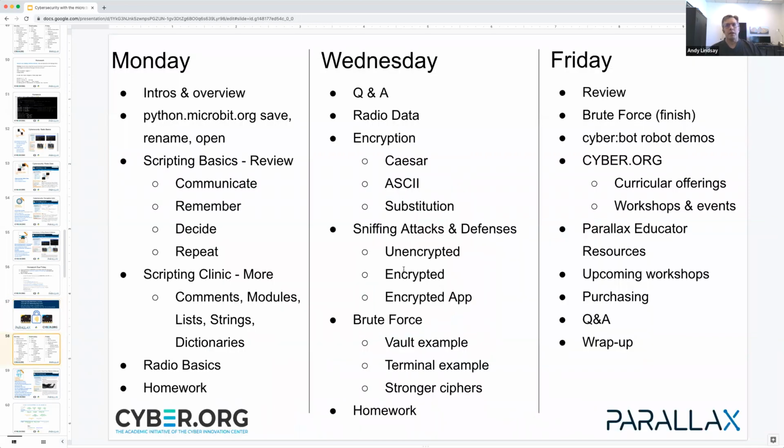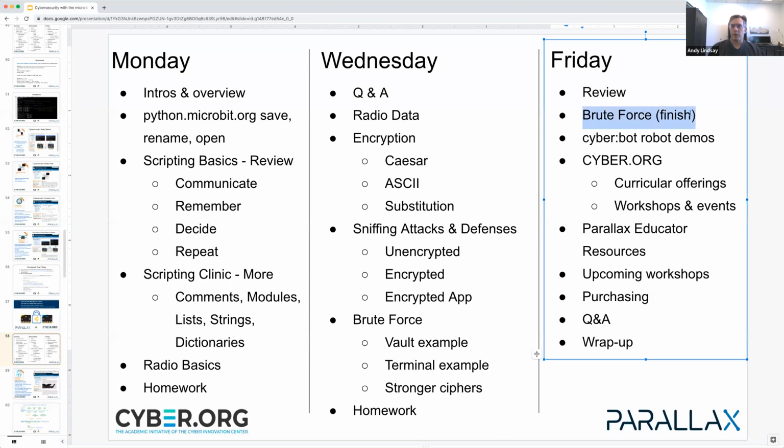Today, I think I'm going to go back and revisit a couple of things that I might not quite have gone as deeply into as I should have on Monday. A couple of the computer science concepts will be recycled today in the cybersecurity portion. The main focus of today will be the cybersecurity portion: encryption, sniffing attacks and defenses, and brute force attacks and defenses. We'll probably make it all the way through brute force, and then we'll be doing malformed packets